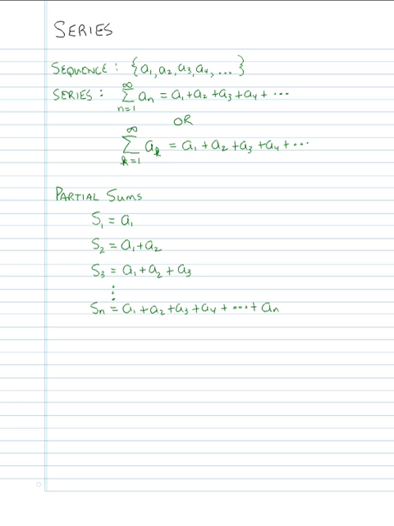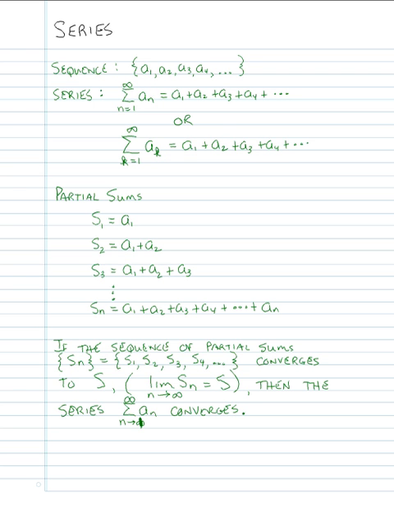Now, from this set of partial sums, we can create a sequence. Let me write this down. As I was saying, it's a sequence of partial sums. We can create a sequence of partial sums, and each partial sum is adding so many terms together. So we can create a sequence out of all those partial sums. If that sequence converges to a number s, which means if we take the limit of the s sub n's as n goes to infinity, we get the number s,